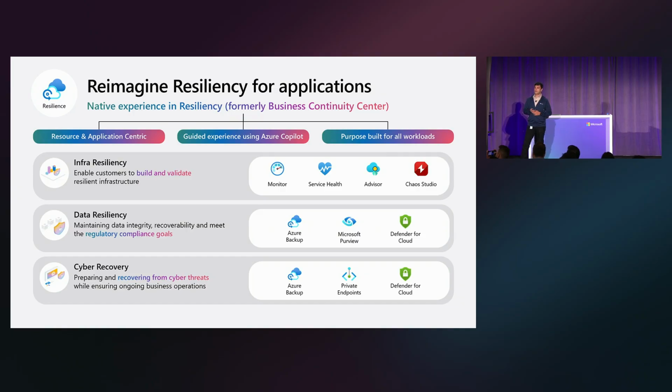Yesterday in Breakout 148, we did chat at length about infra resiliency. I'm not going to spend a lot of time on that, but at a very high level, think about recommendations for enabling zonal resiliency powered by Azure Advisor, to being able to deploy these recommendations using Copilot or the resiliency agent, which I'm excited to also talk about later in this session. And then finally, being able to validate that the recommendations that you have deployed are actually enabling true resilience for you from a zonal resiliency standpoint is where we have drills.